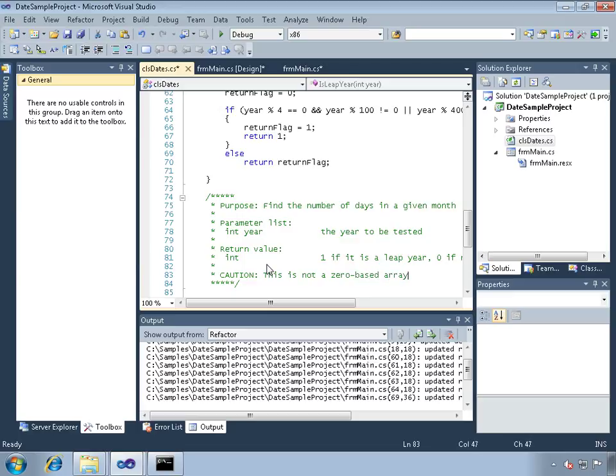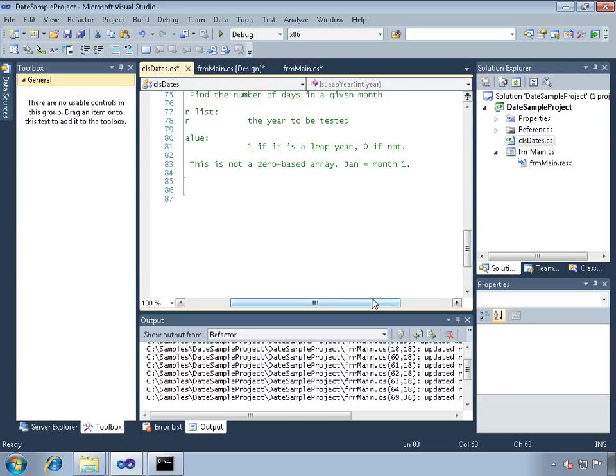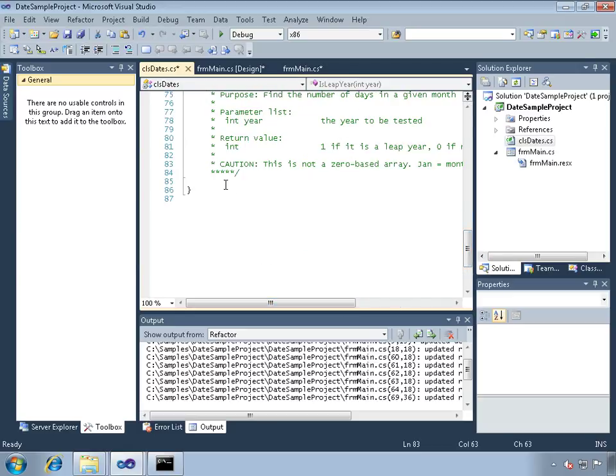And what we're going to tell them is this is not a zero-based array. January equals month 1. So that will point them at least in the right direction as to what this particular method expects to be passed into it. And it expects the data that comes in to be passed in a way that makes sense to most people, and that is the first month is January, not February. So we're going to say public int get days